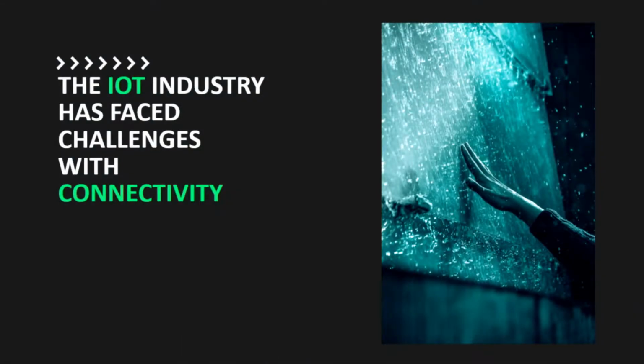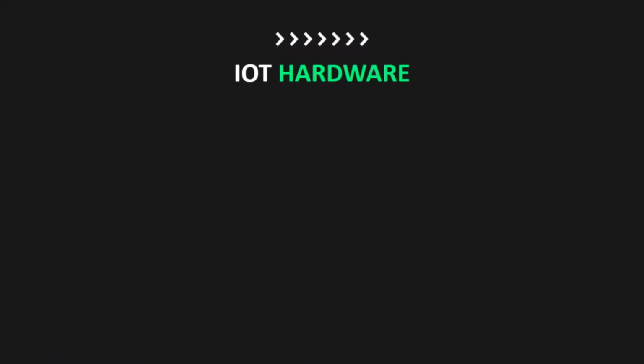Probably one of the biggest things that the IoT industry has faced in the last few years, and we'll take a look at the timeline and how that built out, was connectivity. Having a device sitting in a room or monitoring a plant somewhere in the world doesn't really help anyone if it's not able to connect to or talk to a network. Particularly if the devices can't talk to themselves, then there are massive challenges with how that's been built out. And it's been a little bit of the devices catching up alongside network deployments. And we'll take a look at how that's played out.